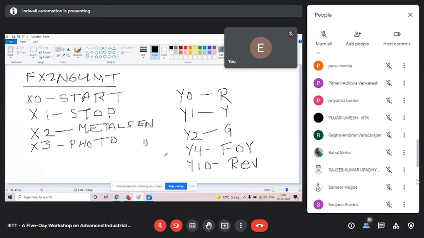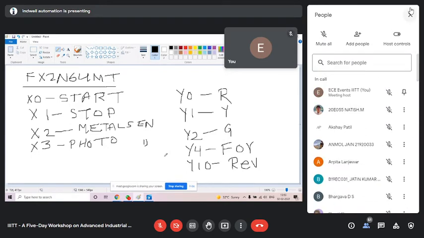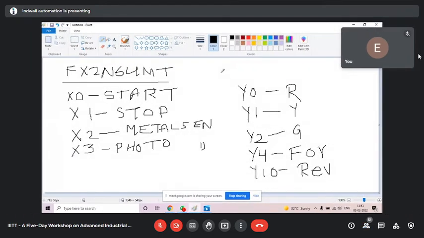You should know the AC drive name, because they can ask which AC drive you used. The AC drive is Mitsubishi FR, FR series 520 SE, 0.4 kilowatt.